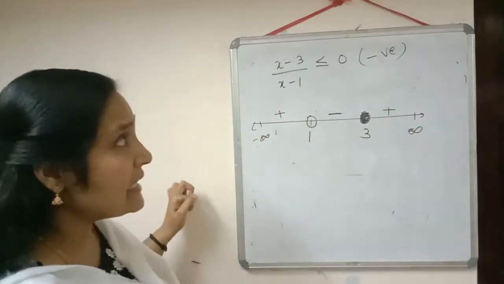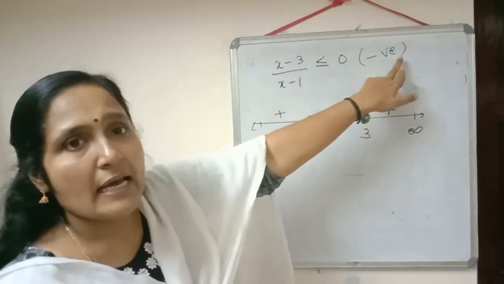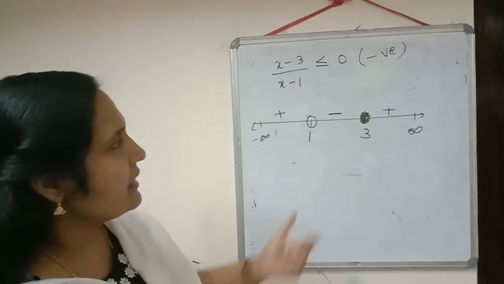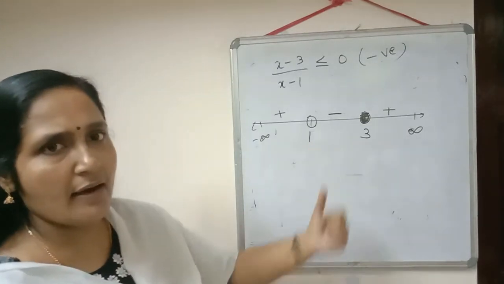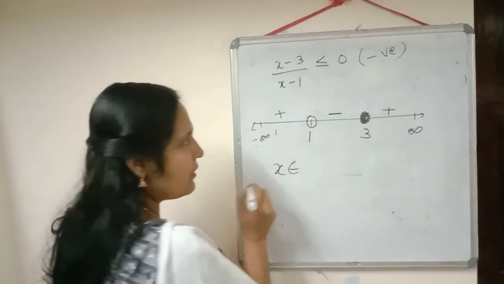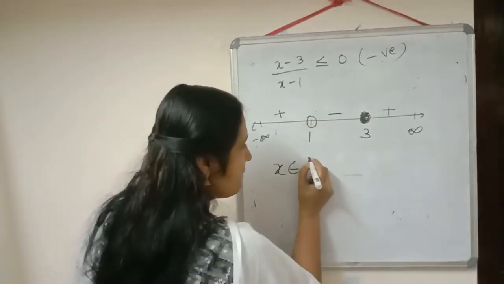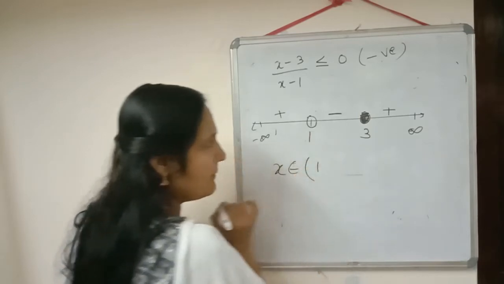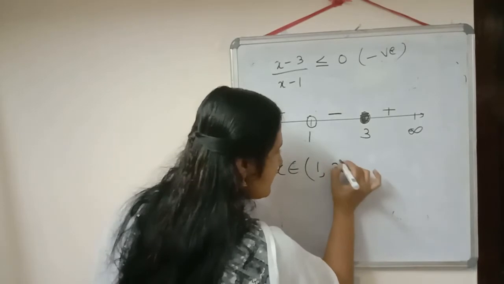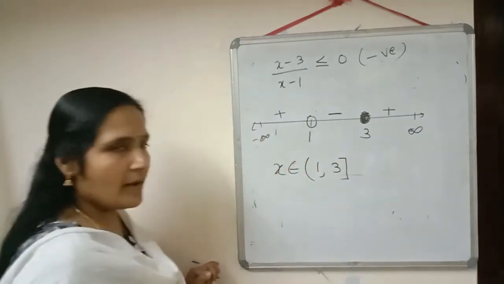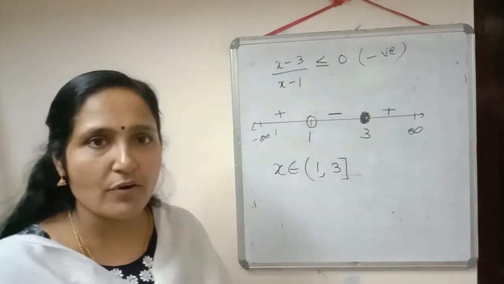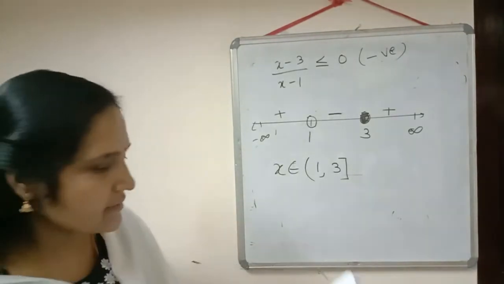But what number do we need there? We need a negative number there. So in which interval are we getting a negative number? In this interval we are getting a negative number. So directly you can write down the solution region. X belongs to, just to check here, we haven't darkened this one, so it will come open. And we have darkened 3 there, so that will be closed. So it will come between 1 to 3. So I think this method is easier for you. Okay, so we'll solve some more questions.